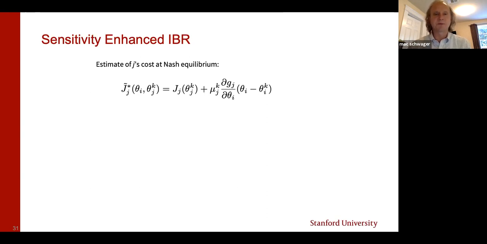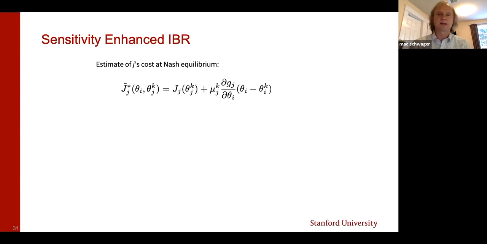So what I do is take the other guy's optimal trajectory as planned in the previous iteration, and I expand a first order Taylor series expansion on the cost about that previous optimal trajectory. That exposes a Lagrange multiplier term that's active whenever the constraints are active.